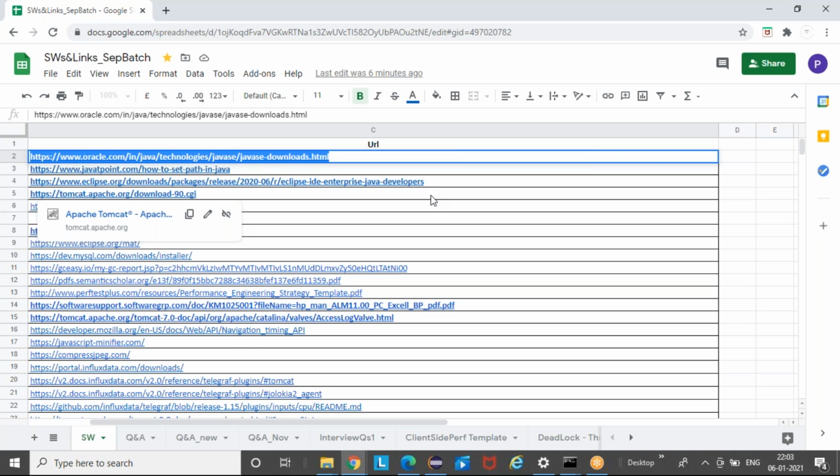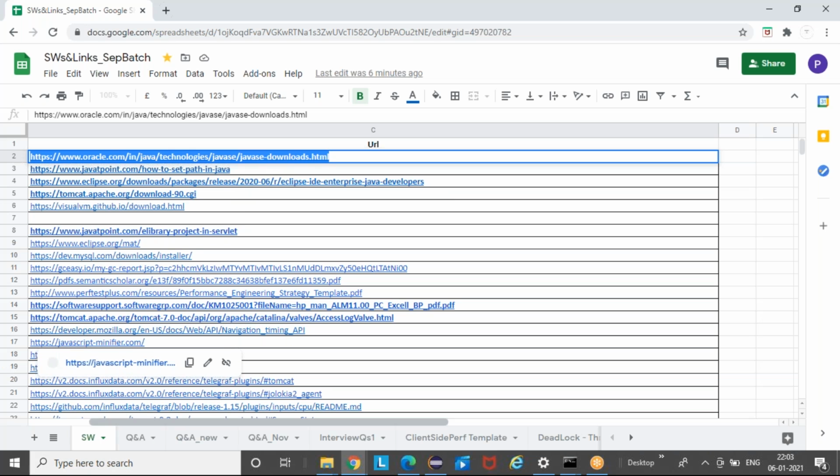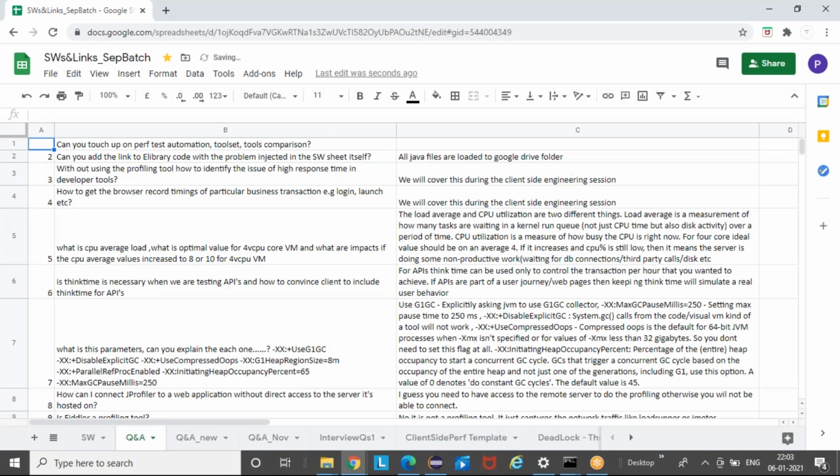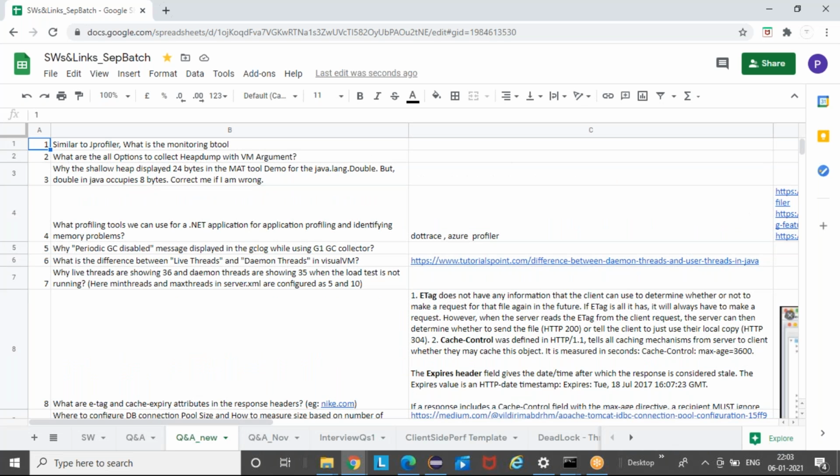If there is something I don't know, I'll also try to get it, explore it and give it to you. Your name is Purva, right? We will maintain this Q&A. For example, for profiling we'll be using JVisual VM and JProfiler, and in parallel there are other tools like YourKit. Somebody can post questions like what alternate tools are available for profiling, or for monitoring a NoSQL database. If you keep those questions in the sheet, I will definitely try to provide that information.